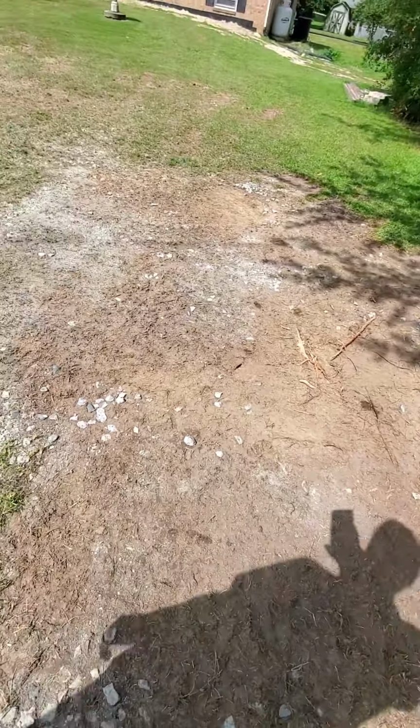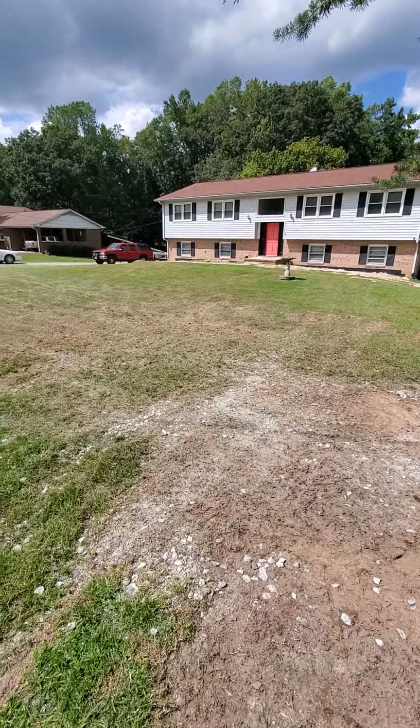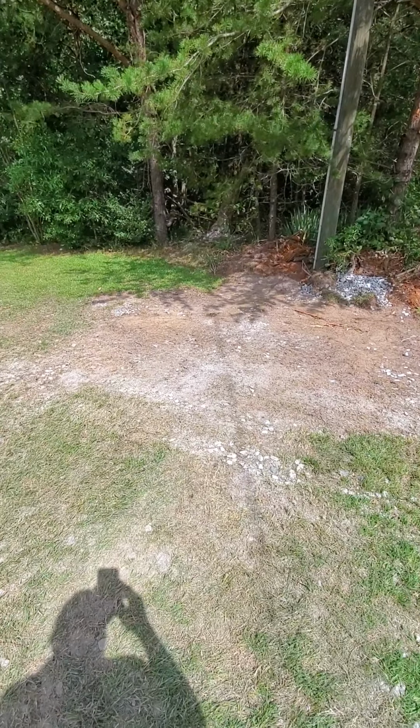And the rock would actually, when the dump truck would offload 18 tons of rock, it would fill this whole area up. And let me tell you, that's a lot of rock. And we did that